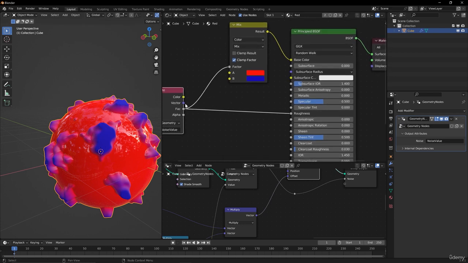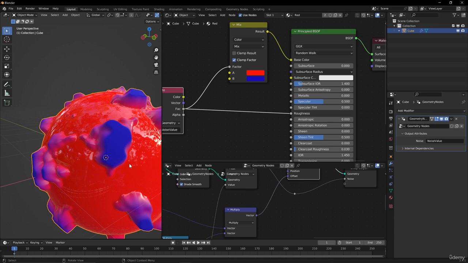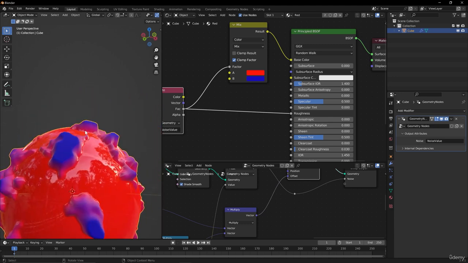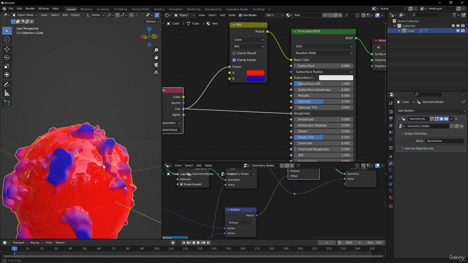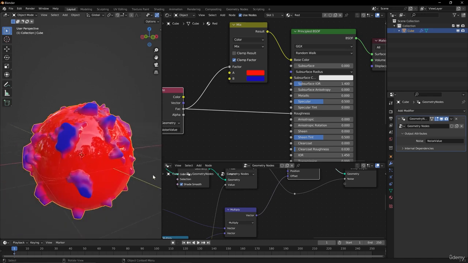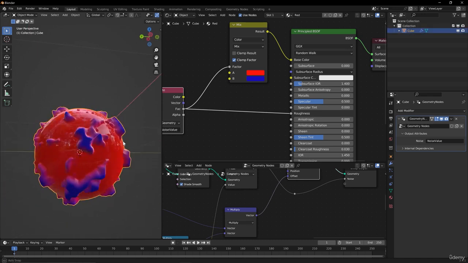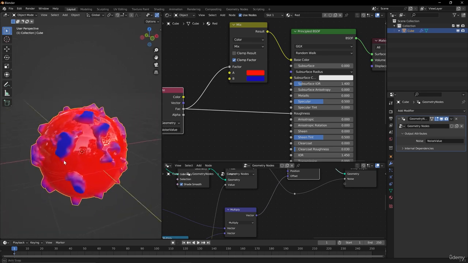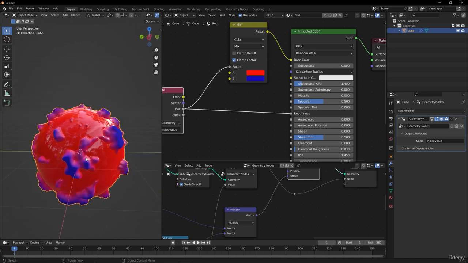And in addition to that, we use this as a roughness map with low roughness, which means glossy, at the red area here, and very high roughness at the blue areas here. And with all of these combinations, we created this, I don't know, alien-like or virus-looking thing